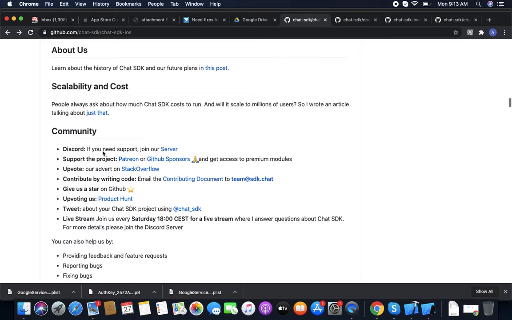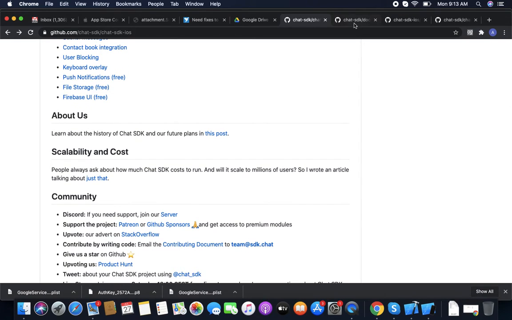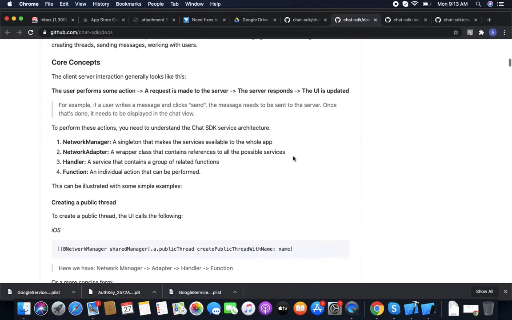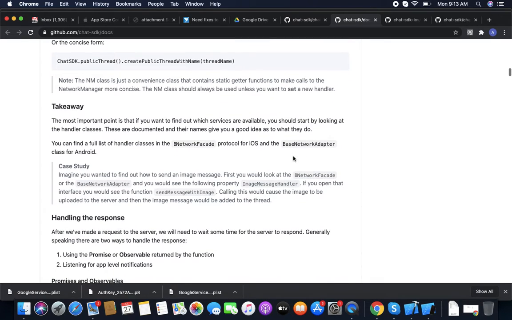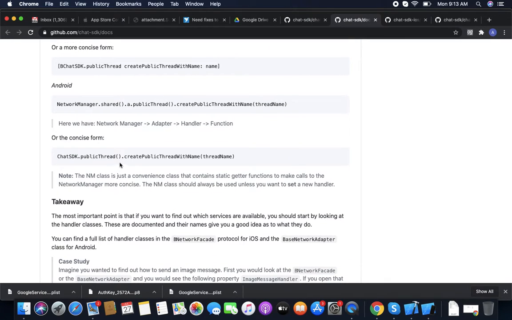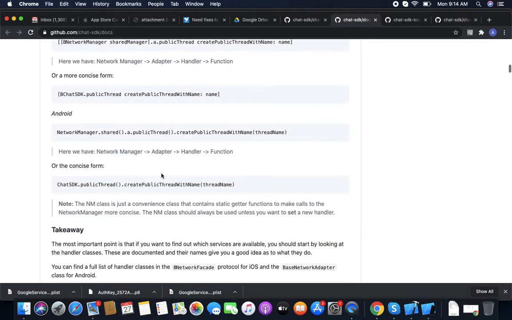Along with that, if you go to other pages, you can see you can edit all the screens. It provides some functions you can use to change the screen. You can customize the actions also, not only the screen. Like if you need to create a private thread, but your logic is different for creating a thread, you can create your own UI and use this function for creating a thread.